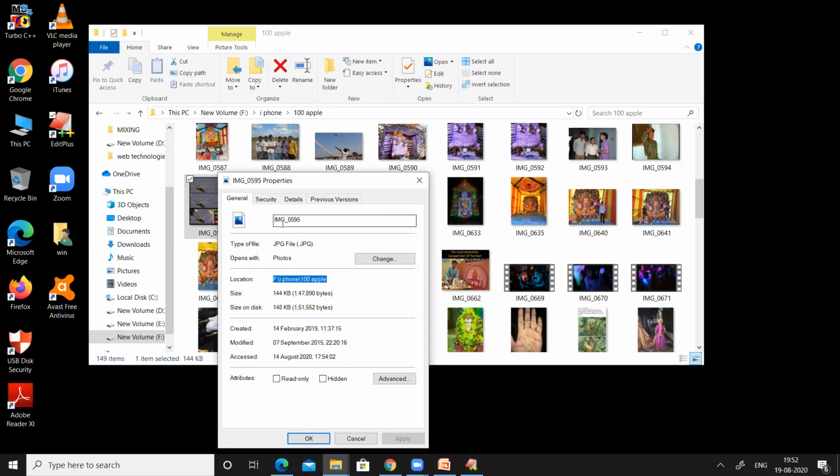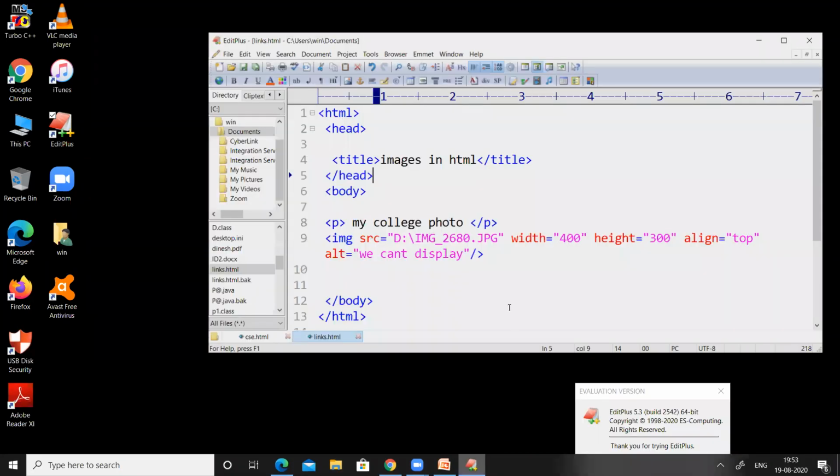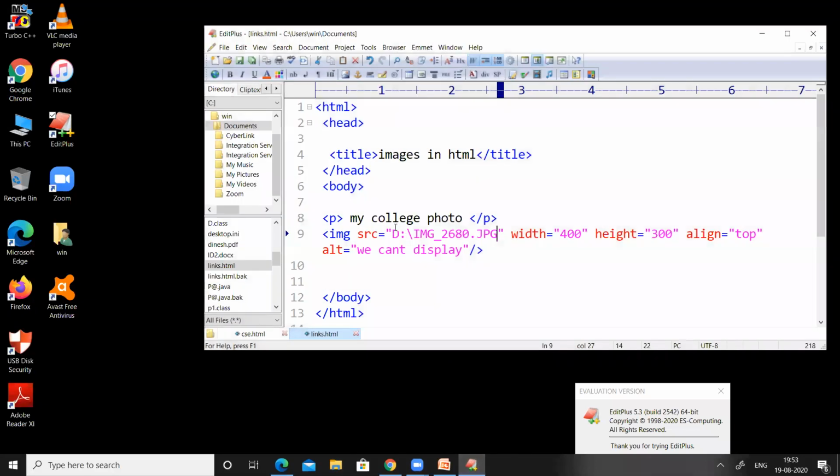Just remember this one, img underscore 0595, and the type of this image is JPG. So let us paste this particular path here. So the name of the image is img underscore 0595 dot jpg. The type of the file is jpg.